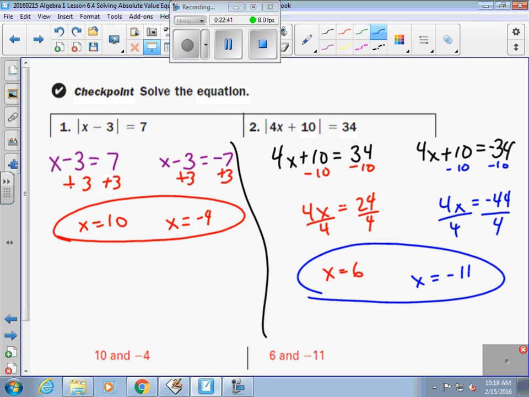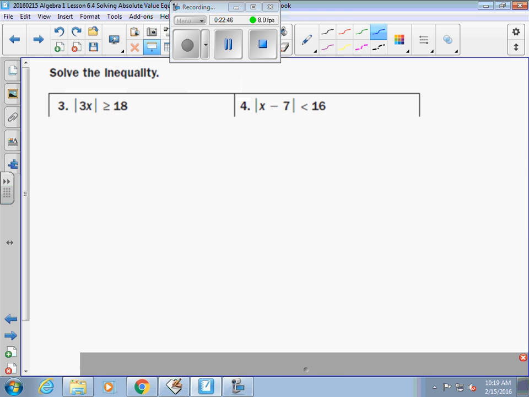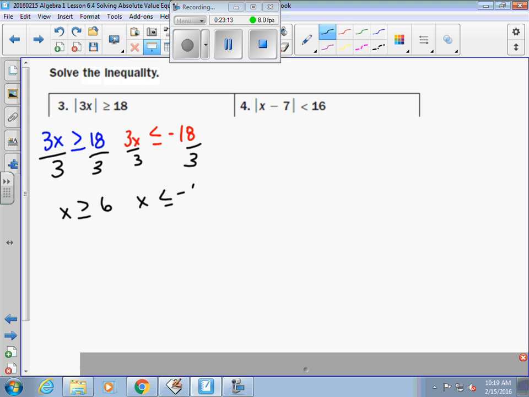So that's equations. They're easy. You just set one positive, one negative. Inequalities are just as easy. You just have to make sure, remember when you reverse the sign to reverse the symbol, change the sign. 3x is greater than or equal to 18, and 3x is less than or equal to negative 18. Divide by 3 on both sides. X is greater than or equal to 6. Divide by 3 on both sides. X is less than or equal to negative 6. That's a greater than one. Greater than means "or," so it's x is less than or equal to negative 6, or x is greater than